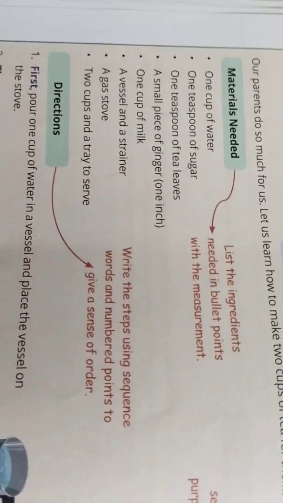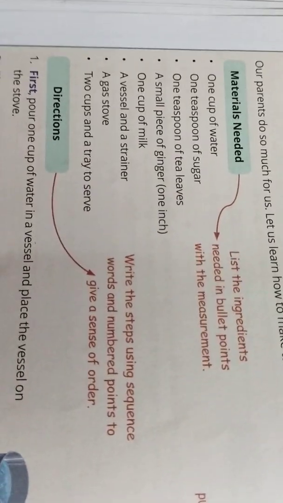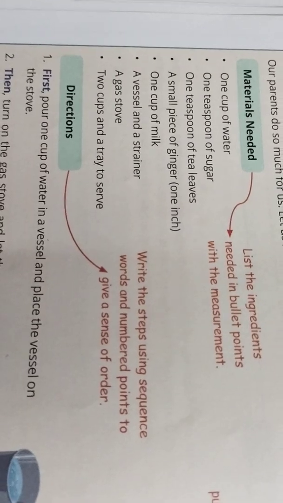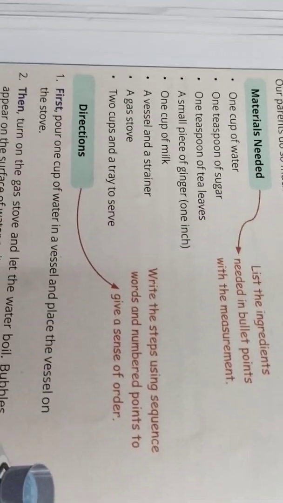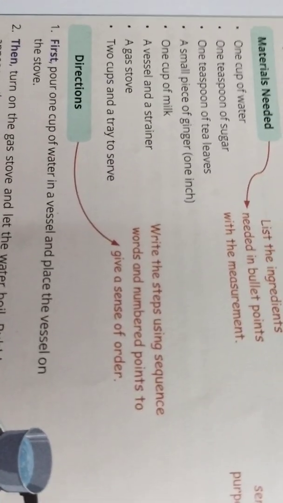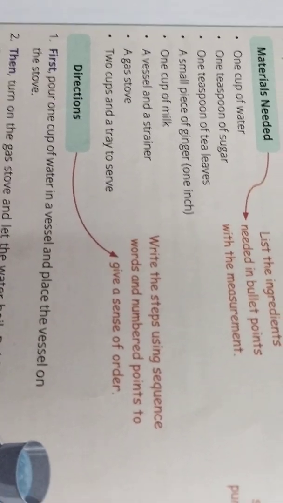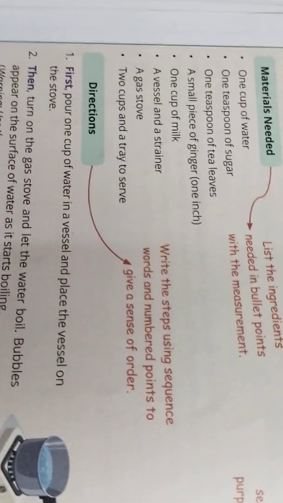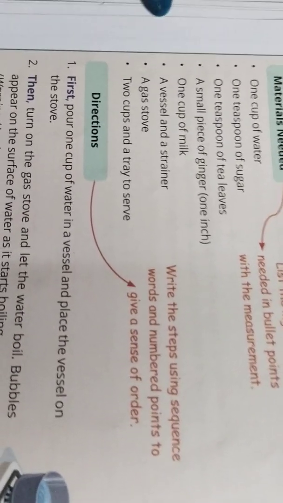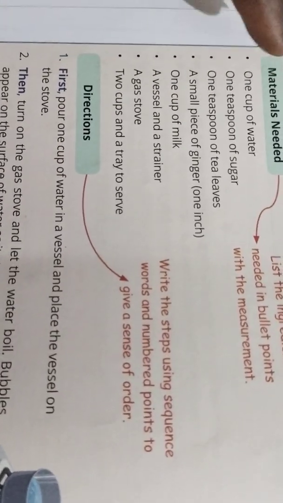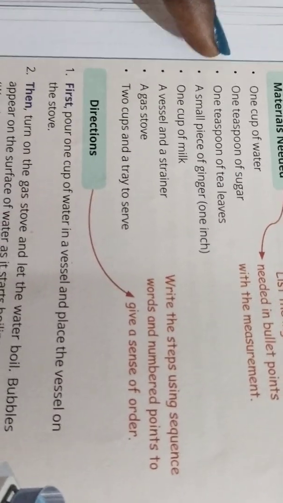You will be writing with the measurements, like 1 cup of rice means you will be taking 2 cups of water. Then you will be adding all the spices, so you will be mentioning all the spices, 4 cloves and 4 cardamom, cinnamon. Then like that you will be writing down all the materials that were needed for the biryani. So you will be writing like this, and it should be pointed like full stops.